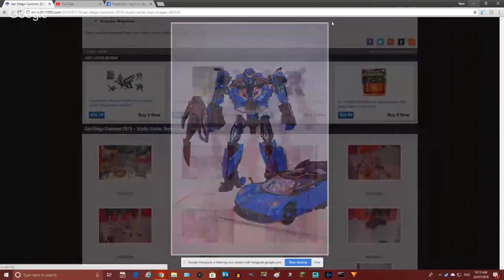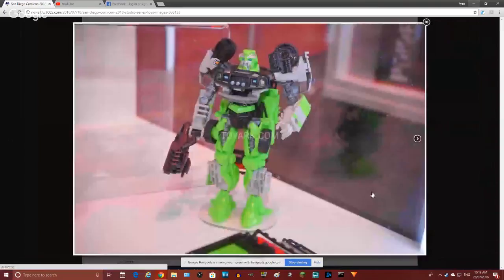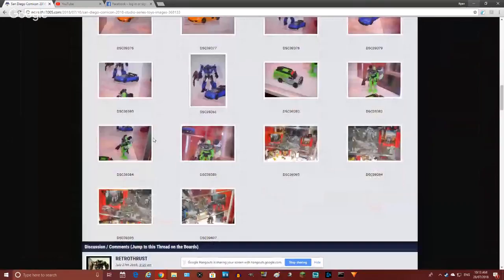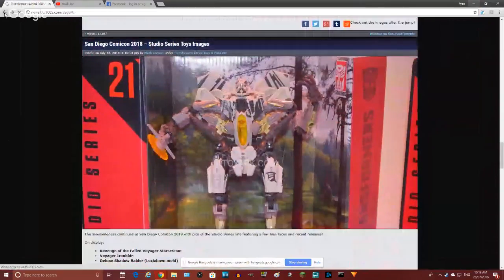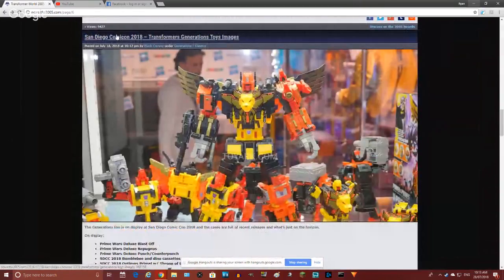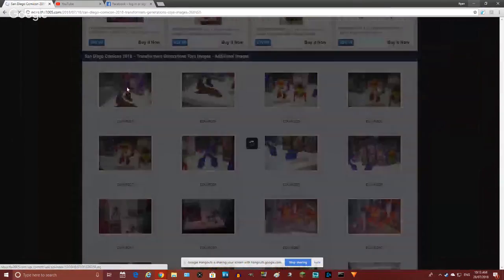If I go down here, you got Studio Series Ratchet, kind of in a Dark of the Moon style. I thought the coloring on him was more of a white, but nevertheless, this looks all right. I don't know if I'll be picking it up. I might get the Studio Series Ratchet just to have the movie Ratchet, just to fill it in. So, Deluxe Shadow Raider. Sorry, but it kind of fits in that bright color. Look at the KSI drones. Look at some Generations toys. At the moment, we got some of the Prime Wars